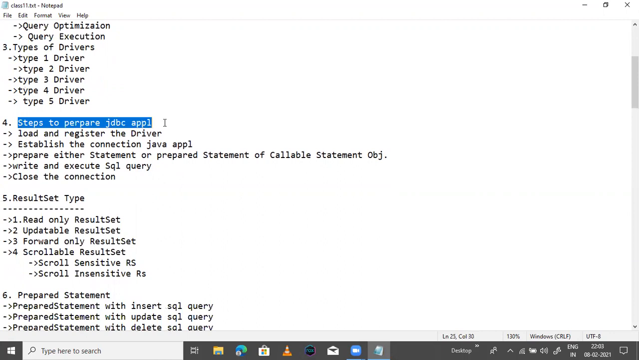Steps to prepare a JDBC application. Then I will discuss how to prepare a JDBC application. Load and register the driver. How to load and register the driver. Okay. Establish the connection between Java